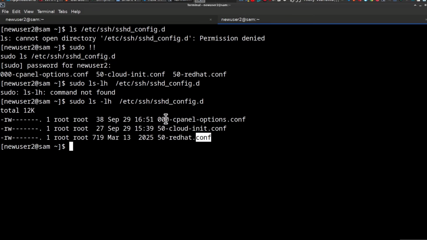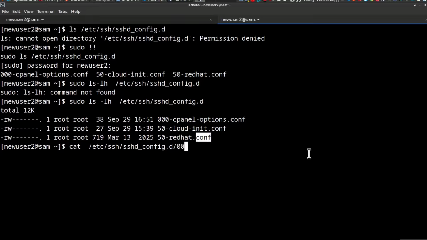It's a good thing I opened all this because you can see they all have .conf. So create your own configuration file. Let's look at the content of each of these. The first one is the cPanel one. So we're just going to cut, Control-Delete, Control-Delete, Control-Delete, and I want to cut, and then Control-E to go to the end of the line on my terminal here, and then I want to see the contents of